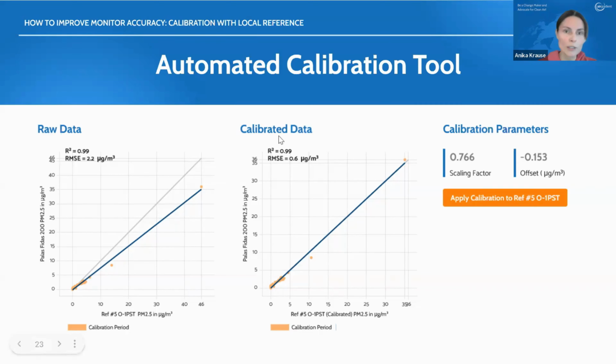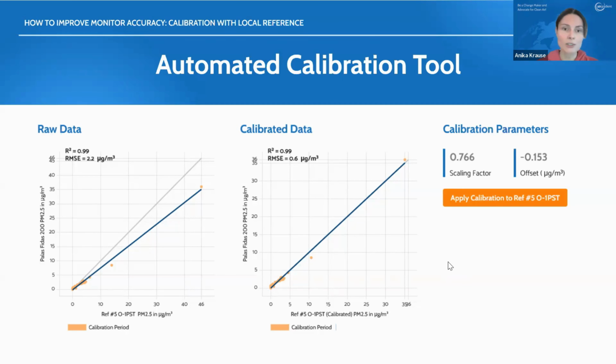So what we do with the calibration is to align these dots onto the one-to-one line so that we maximize the accuracy. You can also see the RMSE, the root mean square error, which is basically a measure for the average error, so the average difference between the monitor and the reference. And you see that this becomes lower when you apply the calibration.